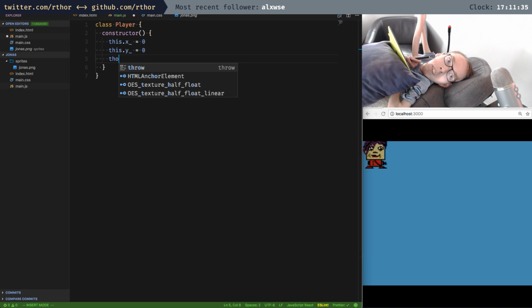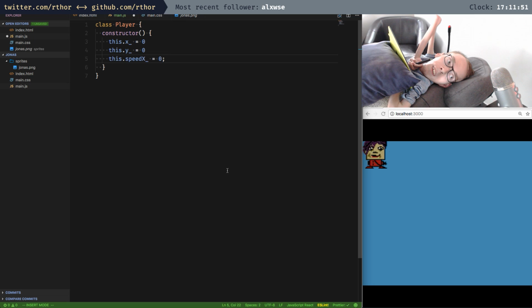This dot speed x, I guess, going to be 0 and going to do it like that. Wait. Okay, for the animation,